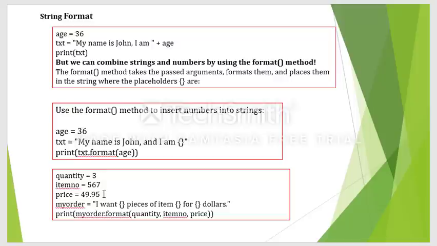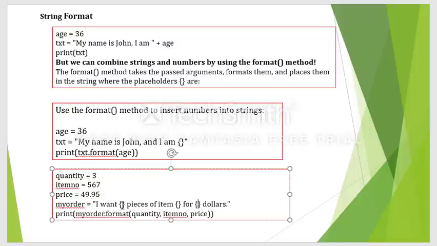Okay, so what I want to do is combine these numbers and use them in my order, that means with the strings. So what should I do? I should convert these values into strings. So I have to write my order dot format, because my order is a string. How many values are there? 3 values. Then we need to mention all these 3 values: quantity, item number, price. So quantity will be replaced in the first bracket, item number is replaced in the second bracket, price will be replaced in the third bracket.